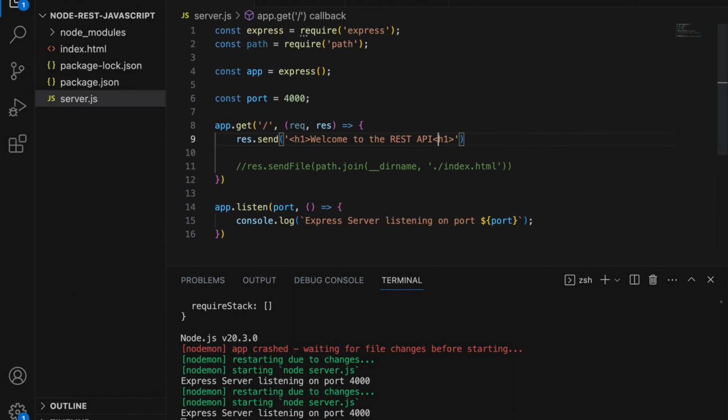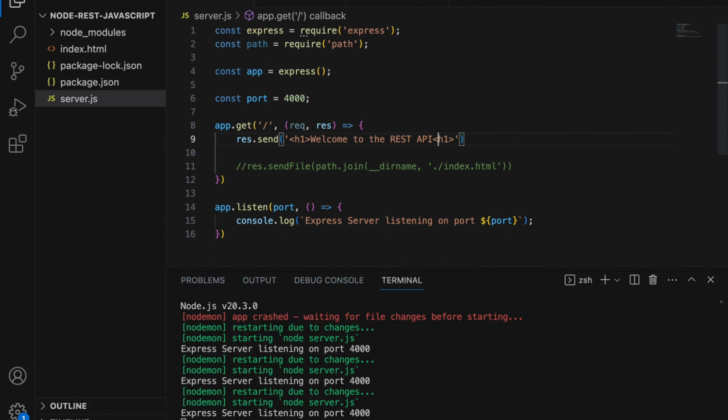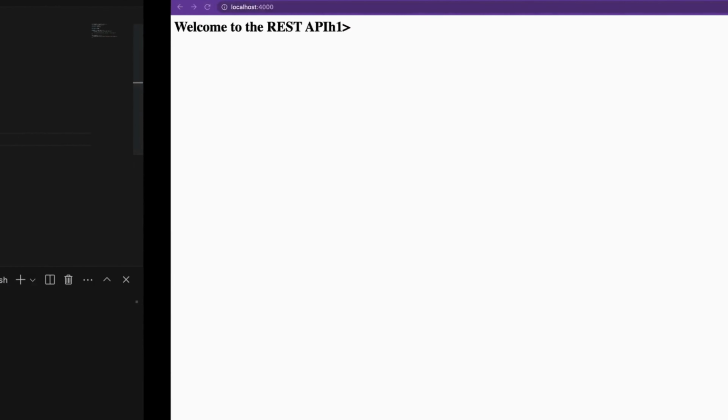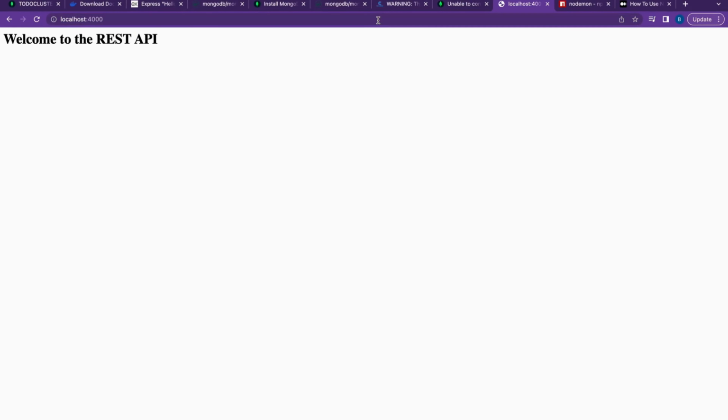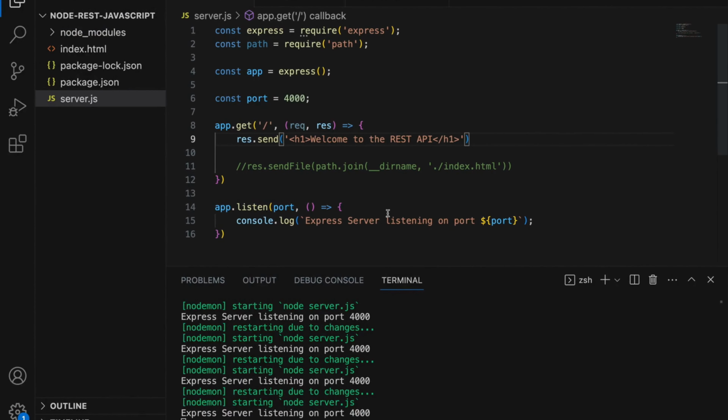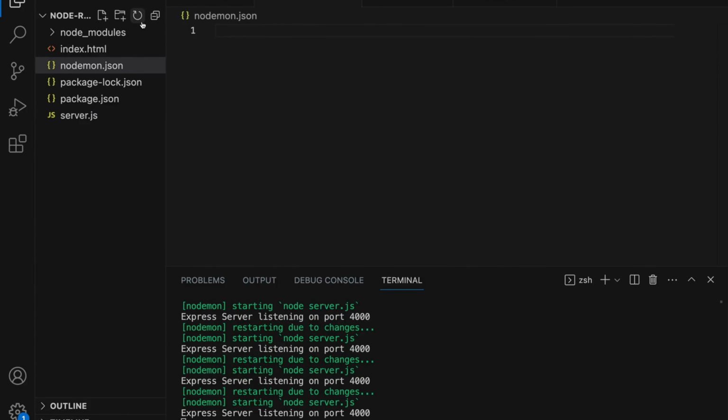Sometimes we might need more configuration than this because this is very basic. So that's why we don't need that JSON file, because we are not putting any other configuration at all. So that's why it's easy to ignore that nodemon.json. But as we develop our applications, our configuration files